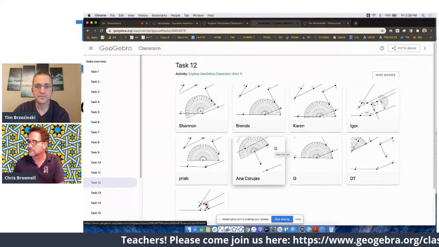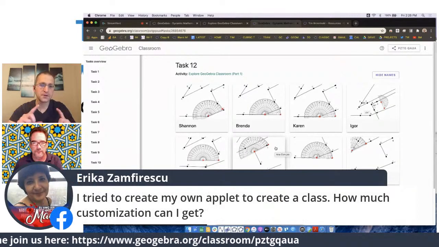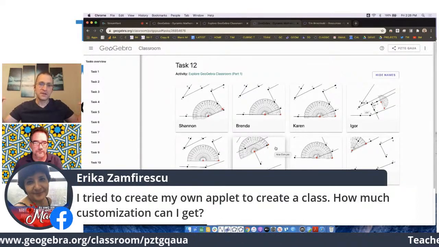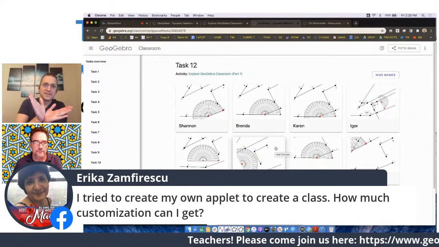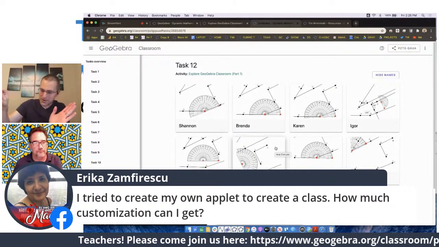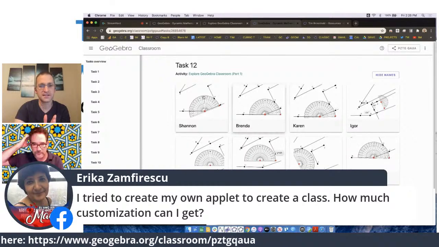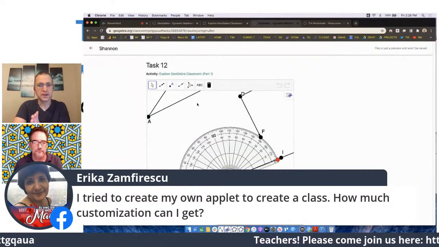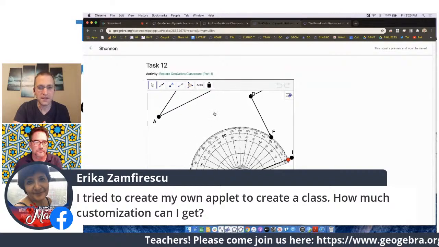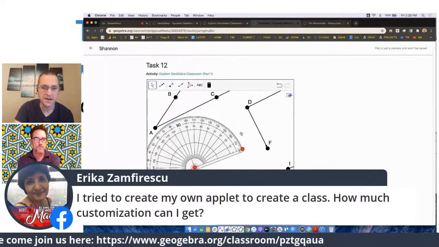And teachers, don't your students always want to go for the little protractors and never the big ones? Because when you have an angle whose rays are not drawn long enough, you know what I mean? And then you have the big fat protractor right there, and it's like, oh shoot, what does the student have to do? The student has to actually extend the ray a little bit, right? So again, Shannon's not going to see my work. I'm just using hers as a template to show. But check this out, Chris, right?